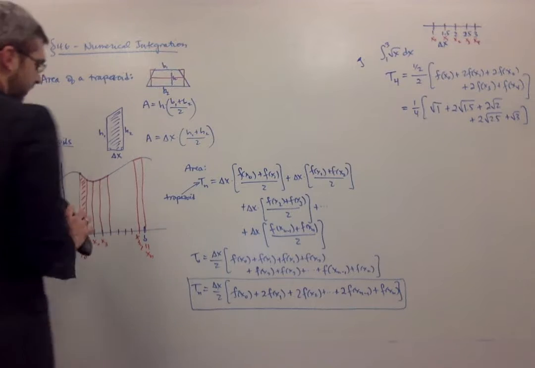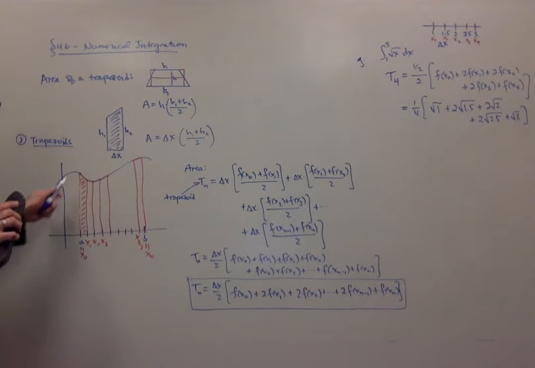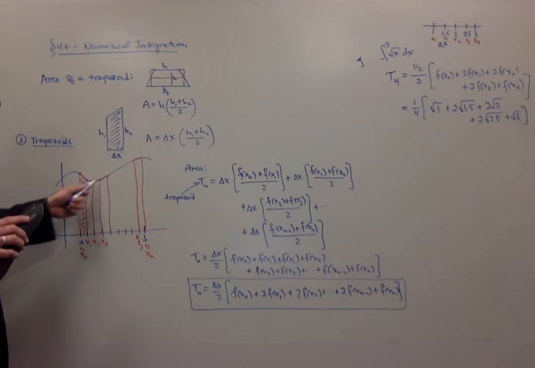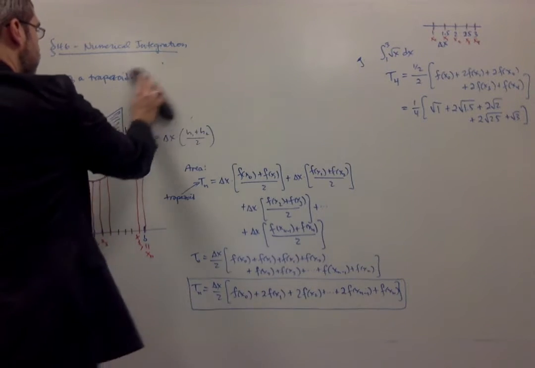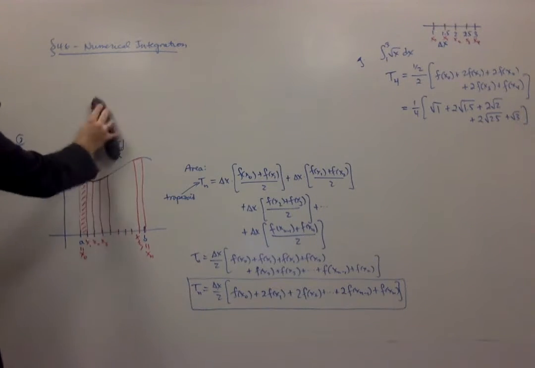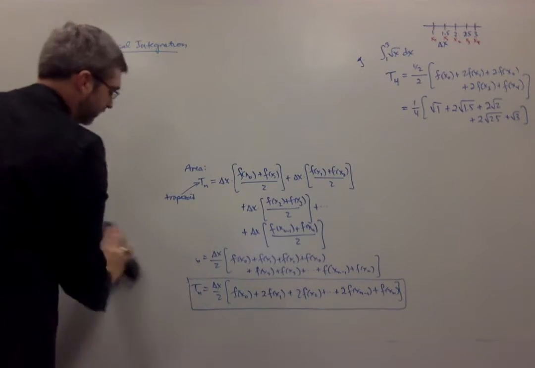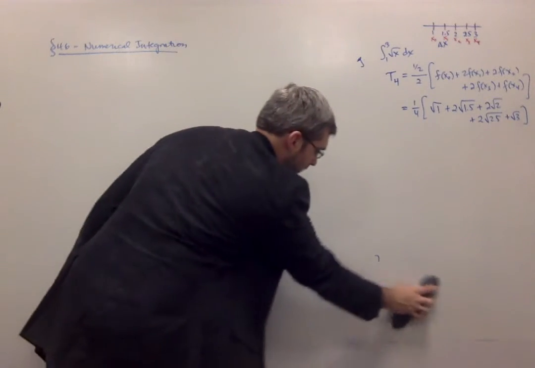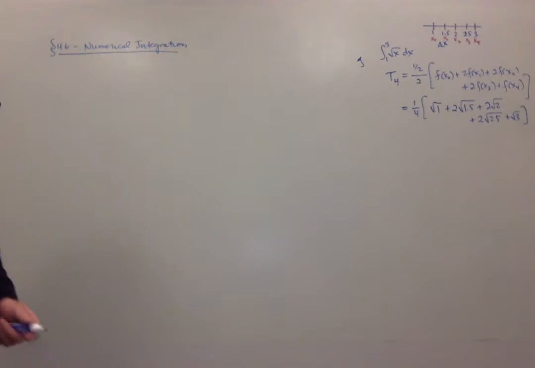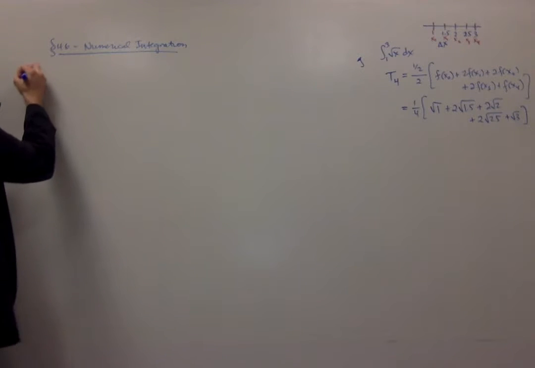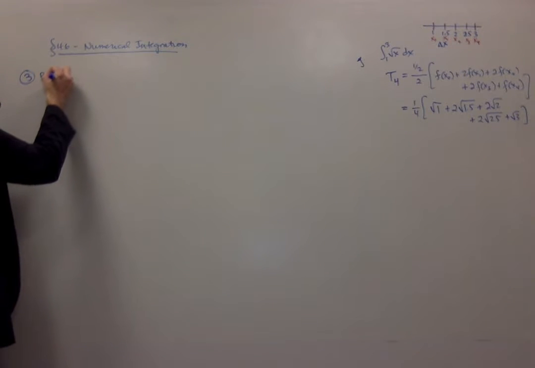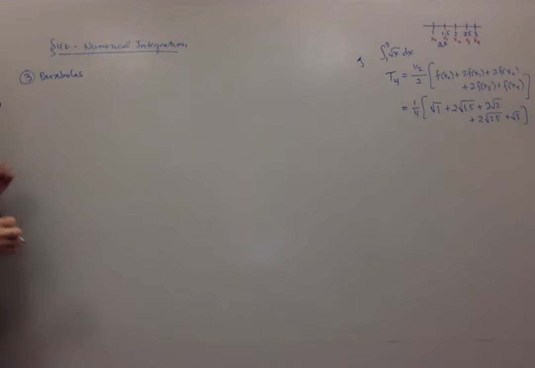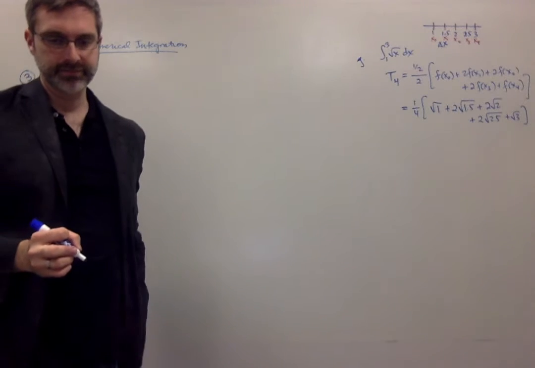Now somebody had a clever idea that instead of approximating the function with straight lines, maybe because that's good, but if the function's curved, I miss some of that curvature. So is there a better way to approximate it even than using straight lines? Straight lines give us trapezoids. And the answer is yes. It turns out that you can use parabolas. Now, I won't get into actually deriving the formula here,